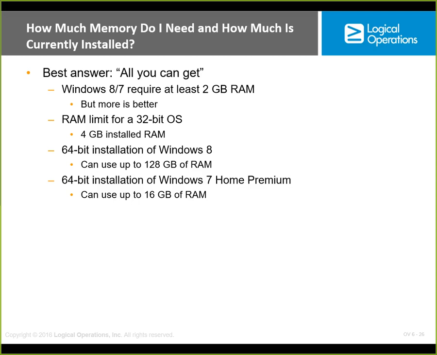64-bit installation for Windows 8, 128 gig. For Windows 7 Home Premium is 16 gig. The limitation is a limitation of the operating system, not of the motherboard or the bus. The 4 gig is, but I think that we had a server,